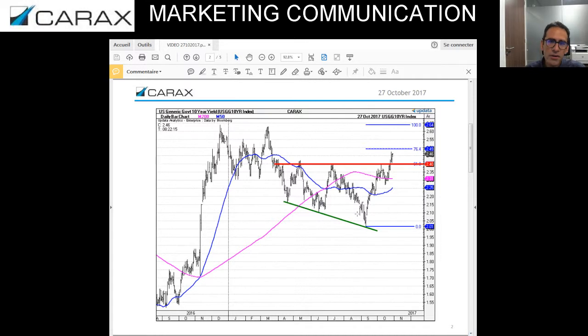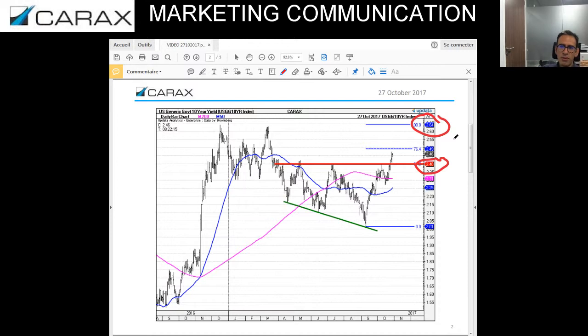If we start with US 10-year bond yields, over the last couple of days we saw a significant breakout above an important technical level at 2.40. You can see that easily on the chart. This is a very bullish event for US bond yields, so a quite negative technical event for US bond markets. I think that it increases the risk of further rise to 2.64, which is the year high, even in the